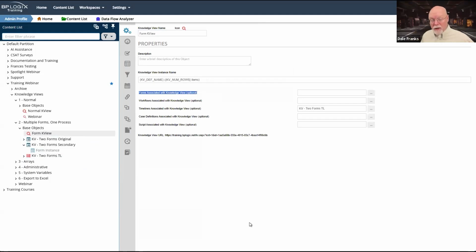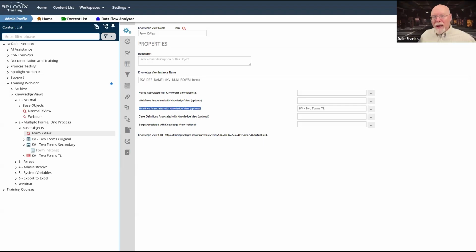And the reason we're not going to do that is because now we can't limit our return to a single form, because we're using multiple forms, two in this case, in our process timeline. So just as I can pull timeline information by having a form associated with knowledge view, I can pull form information by setting timelines associated with knowledge view.